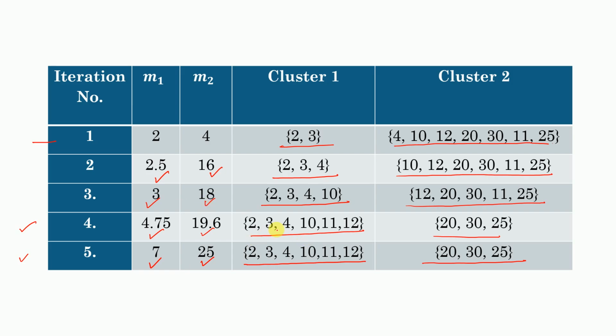This is one dimensional data only. In case of two dimensional data, the only change is that we need to apply this formula: D equals root of (x1 minus x2) whole square plus (y1 minus y2) whole square. So distance will be calculated based on this formula. I hope that you got the concept of clustering, and now